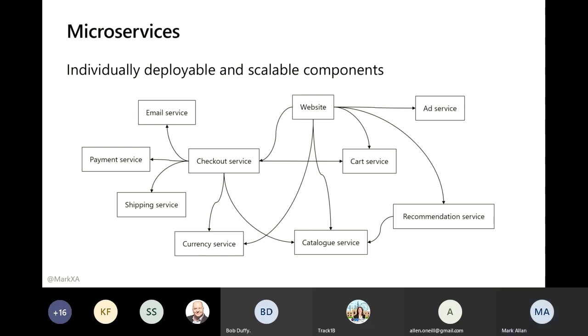So that's where people have started to go. Some people have taken this to extremes, and Uber recently have said that they'd gone to thousands of microservices, and they're now trying to roll it back because the management of that was just too outrageous. But most things these days are split up into a number of services, and the ones that aren't are certainly thinking about going that way. I'm working with 2 clients at the moment who are both doing this.